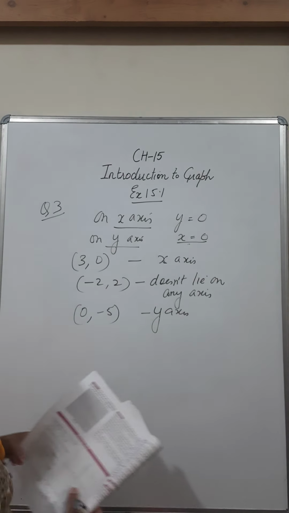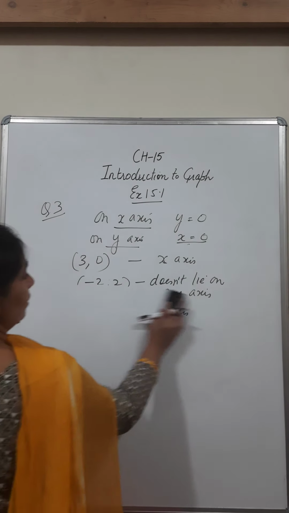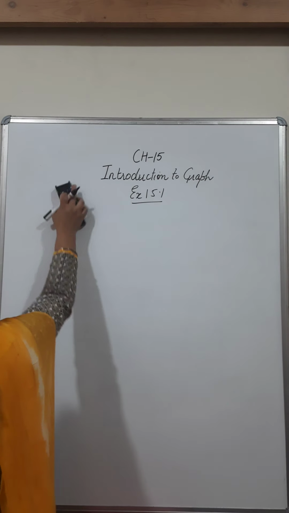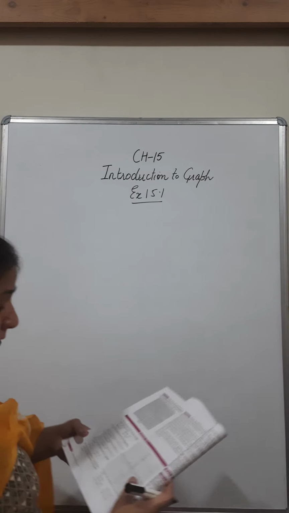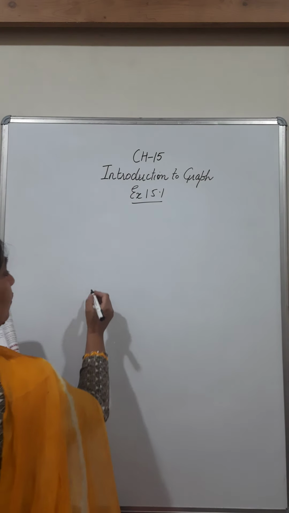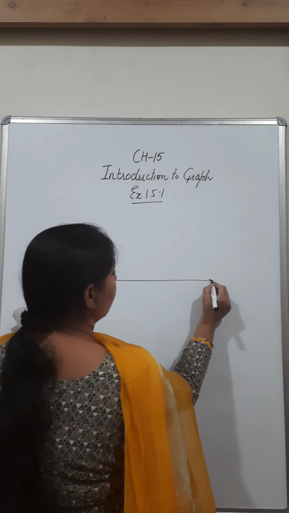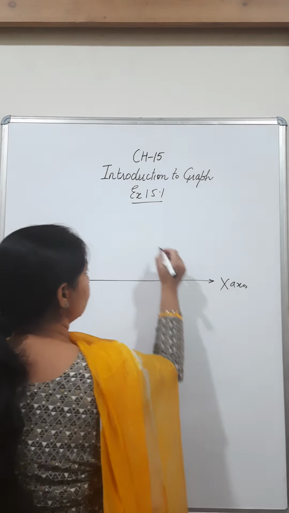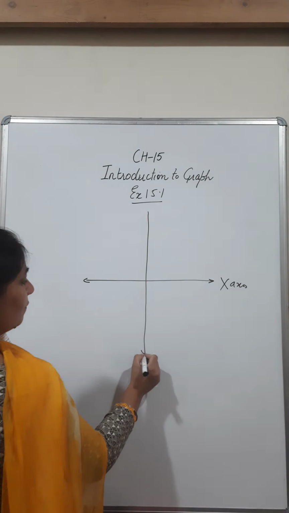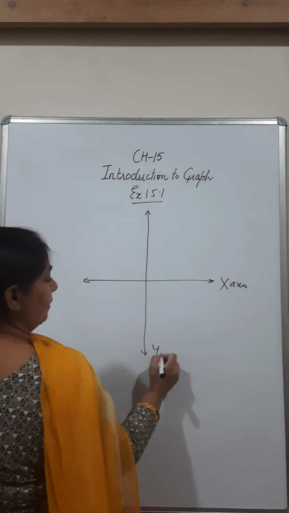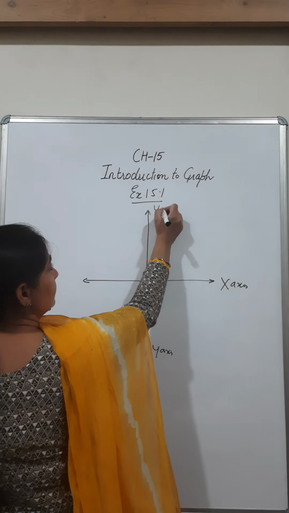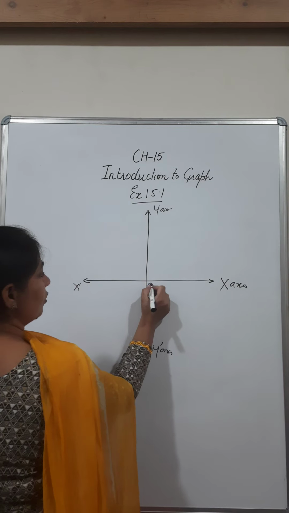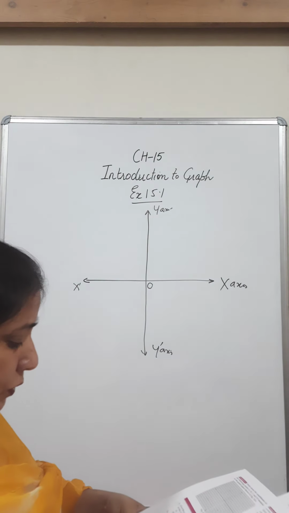Next, beta, is the question where you have to plot the points. I'll give you a small example, and according to that you can do it. Although you know how to plot a point, you've done it in class 7th also. Whenever you have to plot a point, first of all, on a graph paper, you will draw two lines. This is, say for example, your x-axis, and this is your y-axis. Clear, beta? Now when you have made your x-axis and your y-axis, this is y dash, this is x and this is x dash, and this is your origin which is equal to 0.